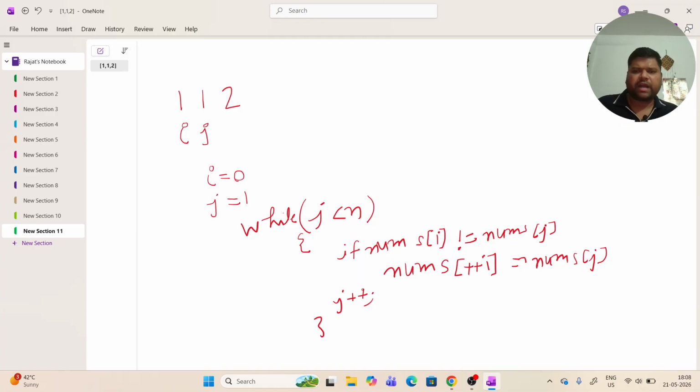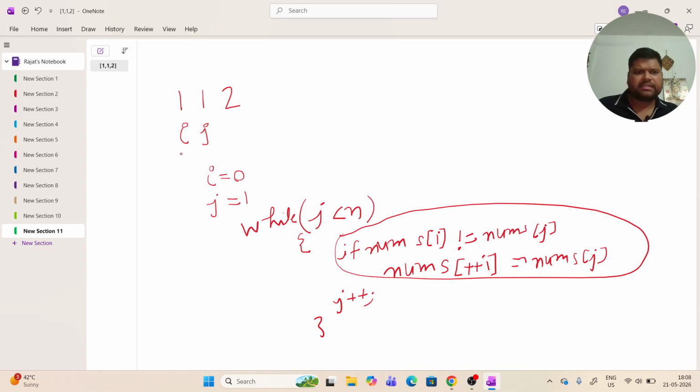So if nums of i is equal to nums of j, then this if condition will not execute. Then only the j pointer will move ahead. But if nums of i, whatever this i is at the 0th position, is not equal to nums of j, then we'll do nums of ++i equals nums of j. And then in the end,